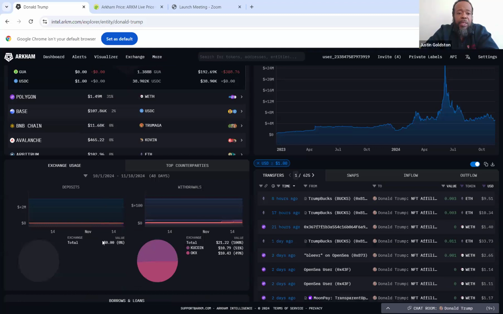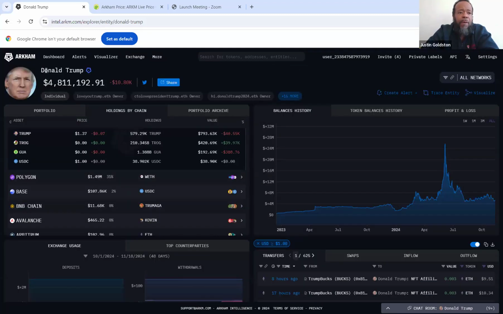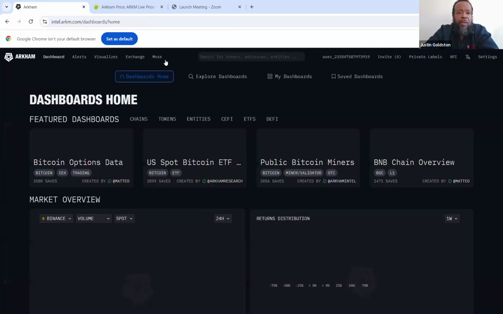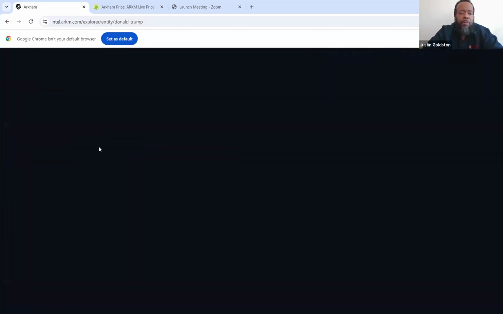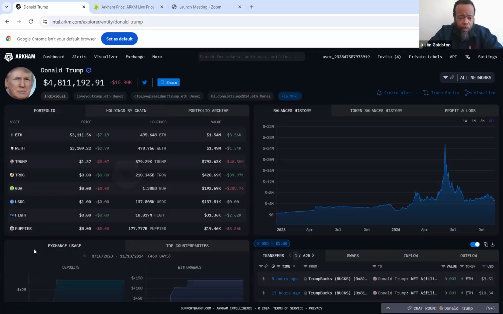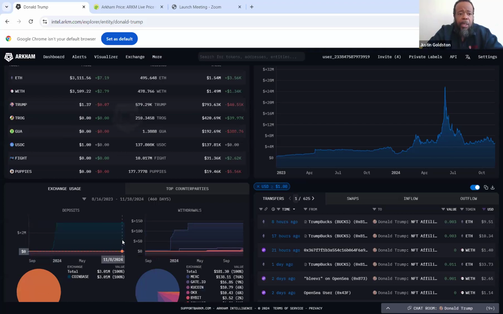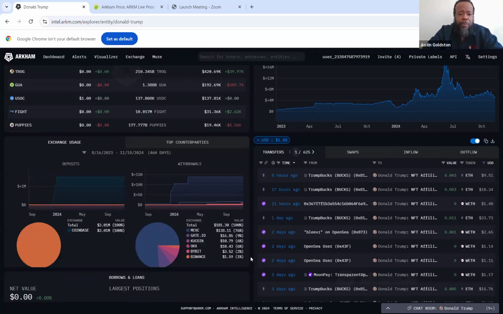Also down here, you can see all of the deposits and the withdrawals within the last 48 days. Let me start over and see if I can get the total aggregate. Go back to Arkham. I type in Donald Trump again. There we go. So on this one wallet,